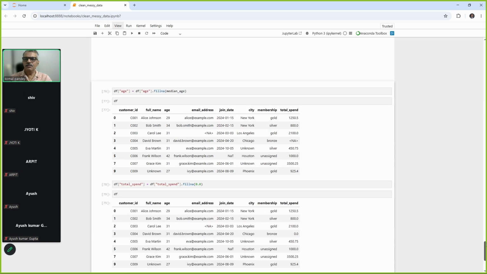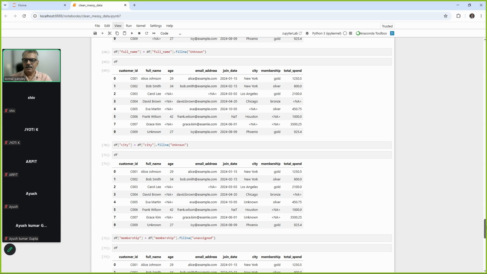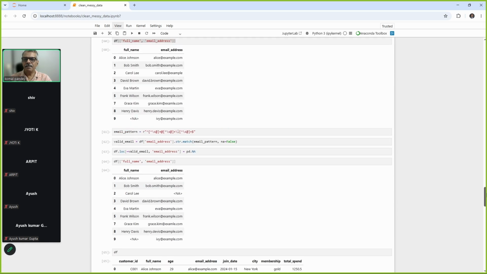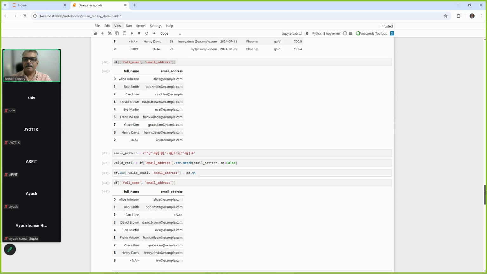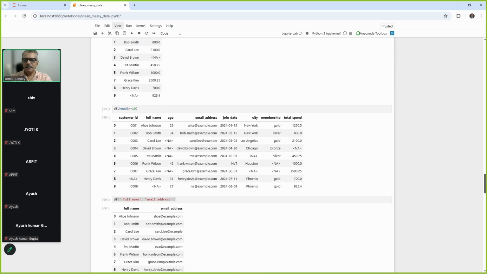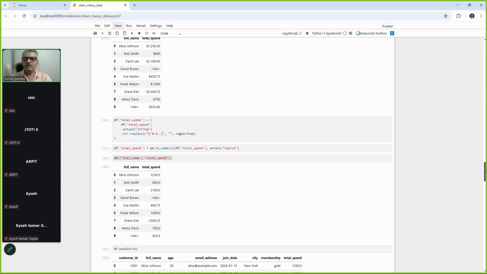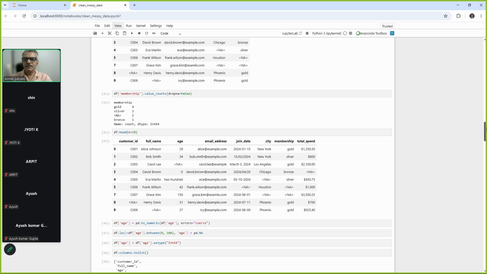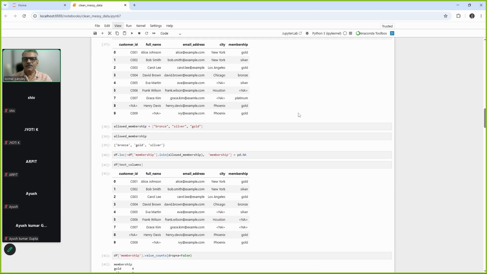If you remember, we created a list of valid membership, right? Yes, so this was the allowed list of membership, like a set of membership. Copy this and